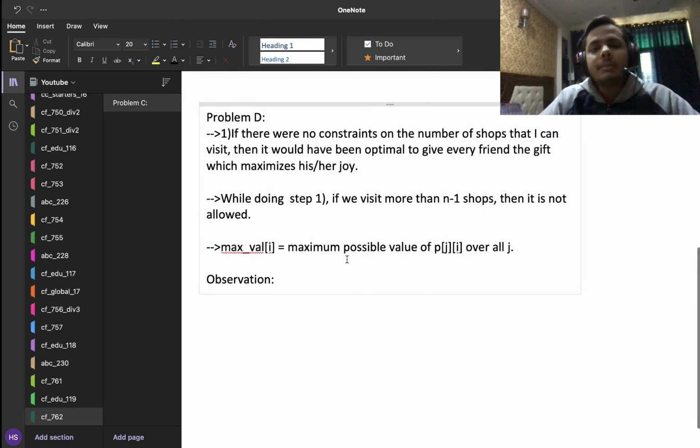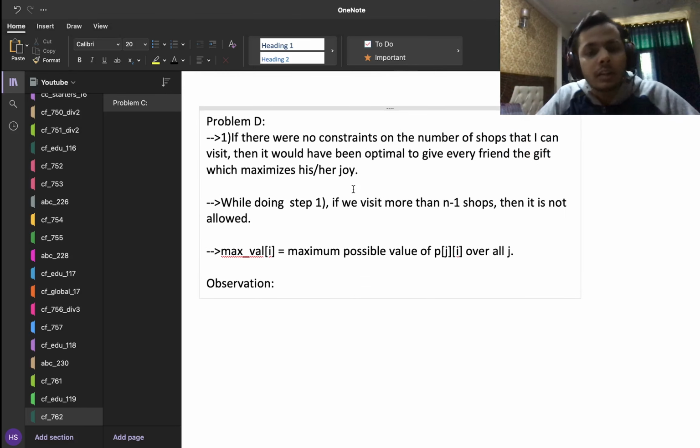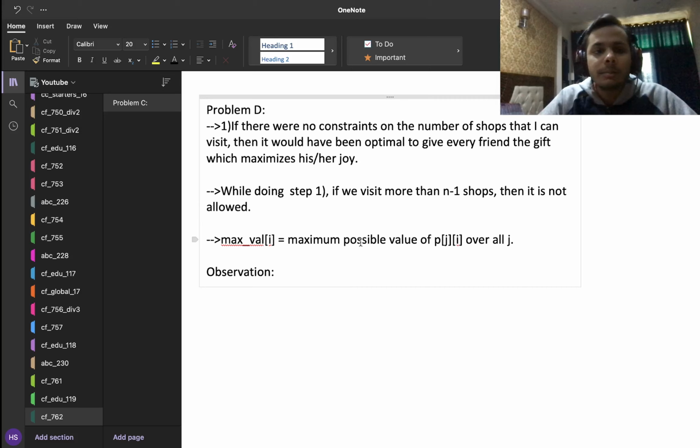Well, there is a very famous principle in mathematics which is called the pigeonhole principle. According to the pigeonhole principle, in a nutshell, if I have n pigeons and I have n minus 1 holes, and I have to put every pigeon in a hole, then there will be at least one hole which will contain more than one pigeon, right? If you didn't get what I'm trying to say, just ignore it.